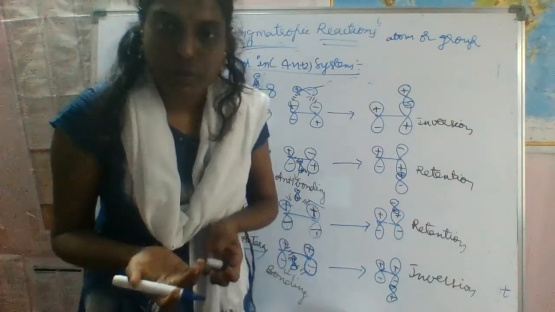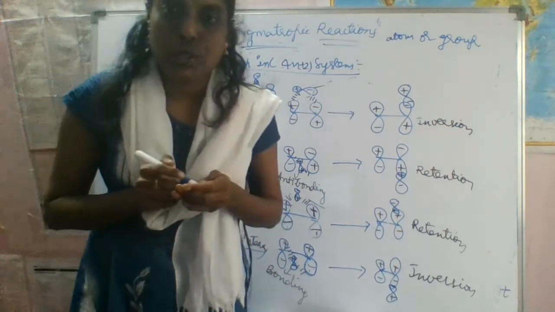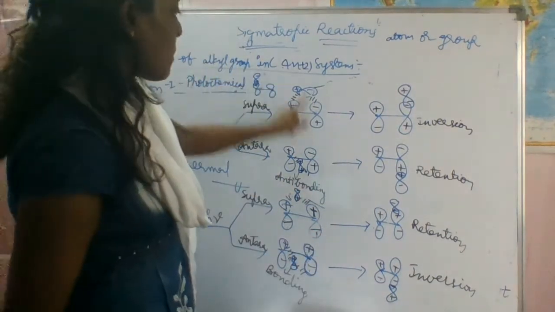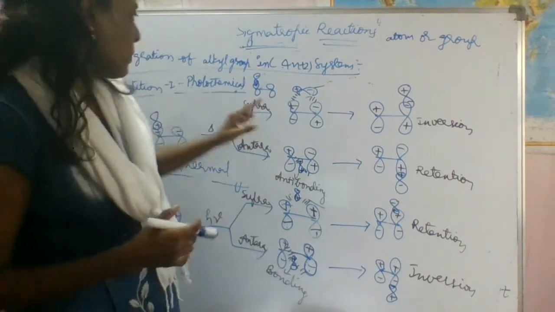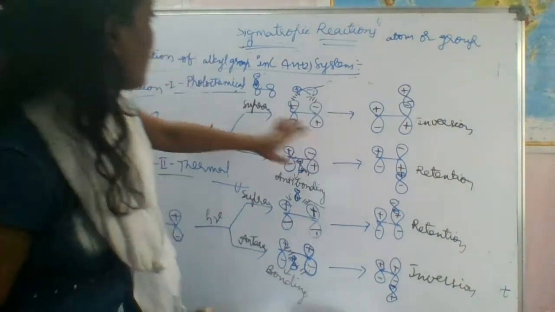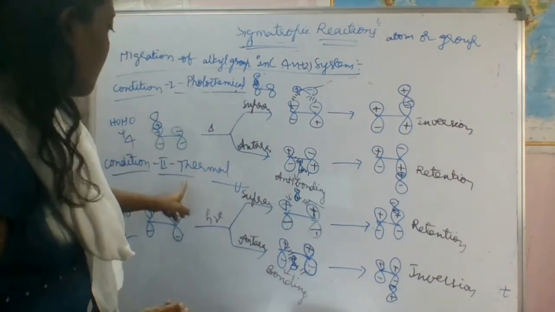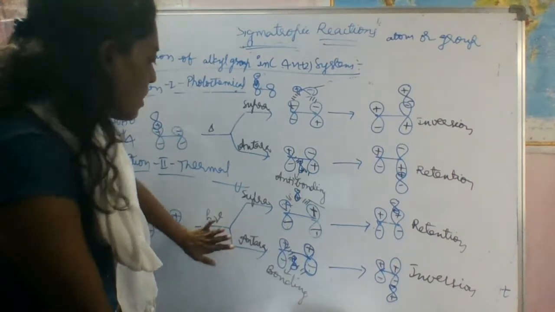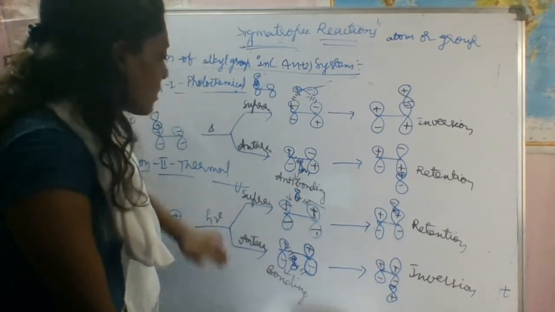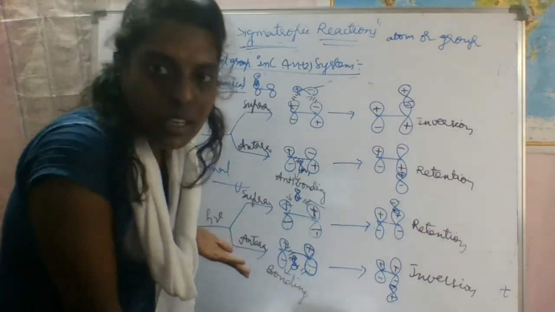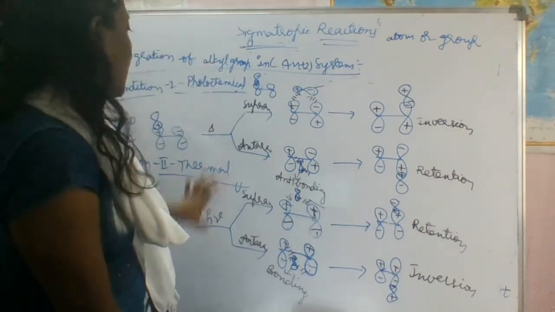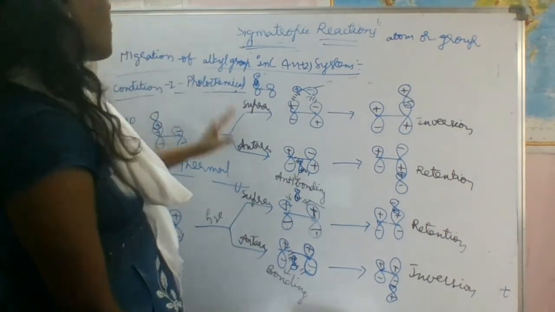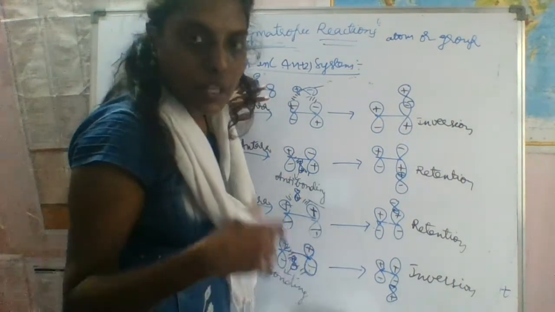If you learn one concept, the other is exactly opposite to it, right? If you see here, this is the 4n system. The 4n plus 2 system is also the same, but this configuration will come for the photochemical and the thermal is for this one, right? For the 4n system, what are the selection rules? This is the thermal one and this is the photochemical one. That is the only difference, right? The remaining is the same. So this is about the migration of alkyl group in 4n systems and 4n plus 2 systems.